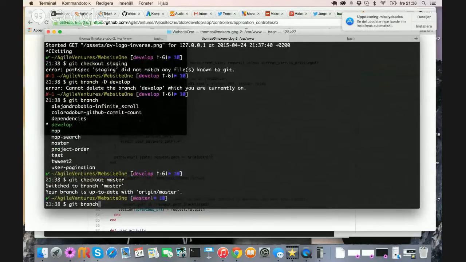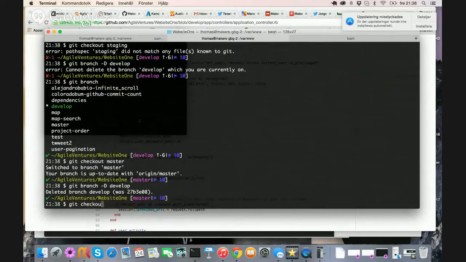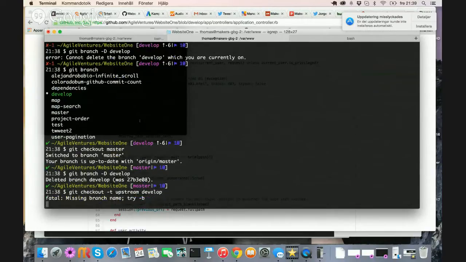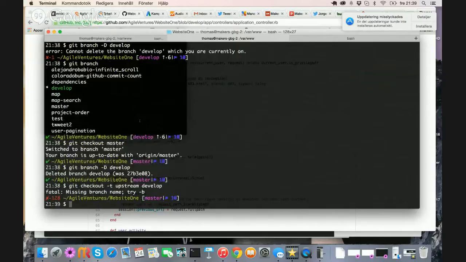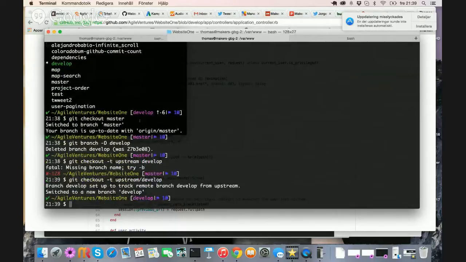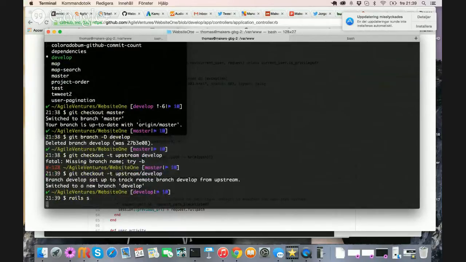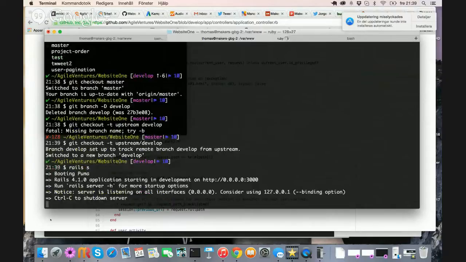So git checkout -t upstream develop. Okay, and now we go rails s. I'm sorry about this, but I made a few mistakes earlier this week with my branch.